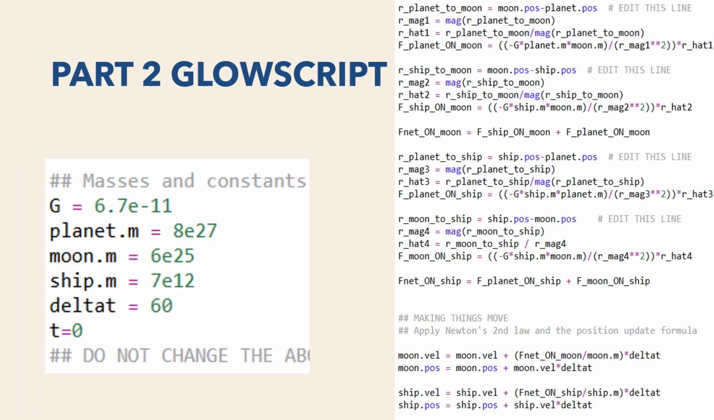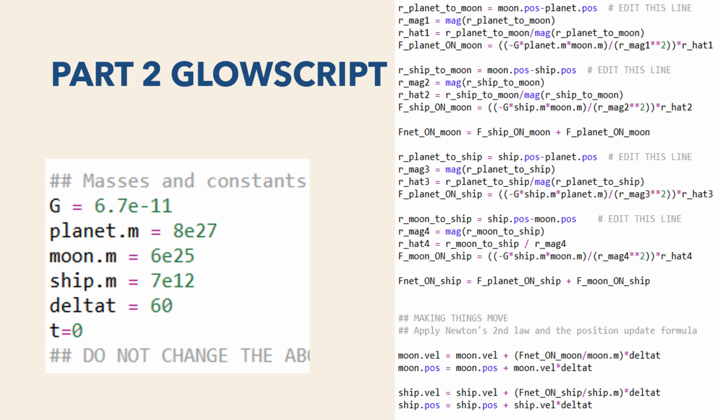Alright, so now on to the second part, GlowScript code. Again, we have some initial constants. The gravitational constant is the same. Now we have masses, so we have the mass of the planet, which is 8 times 10 to the 27th. We have the moon mass, which is 6 times 10 to the 25th kilograms. And then the ship is 7 times 10 to the 12th,